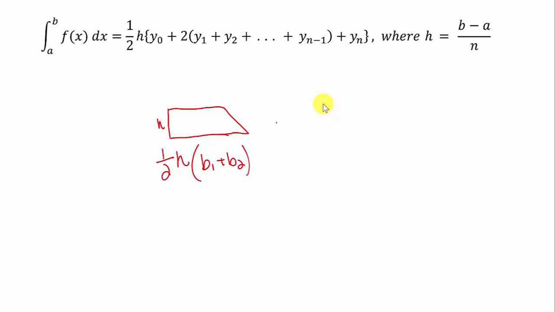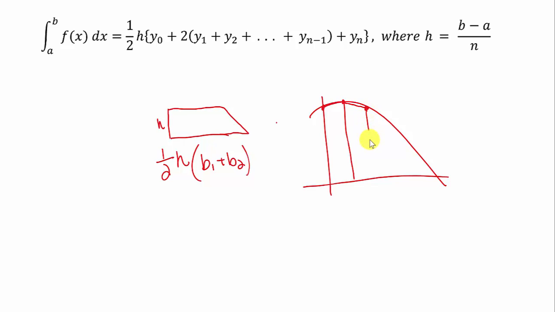Now what we want to look at is, how does this relate to a curve? Okay, so maybe I have a curve that looks something like this, and I want to estimate the area underneath using trapezoids. Well, I can actually draw a trapezoid if we think, let's say we want to start at 0. I can draw a trapezoid that might look like this. Okay, and then I can draw another one that might look like this. And from there, I'm going to draw another one, and so on. Obviously, the more trapezoids we use, the better estimate we get,